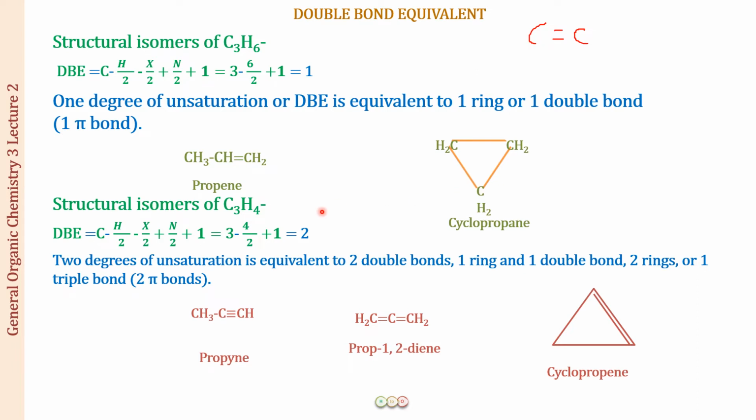So this is how I can think of all the possible structures just with this one value. And I will not be missing out any structure because I know exactly what I have to do. If there is a value of 2, I can draw a triple bond, I can draw 2 double bonds, I can draw one ring and one double bond, I can draw 2 rings. I just have to think on those lines and see what the possible structures are.